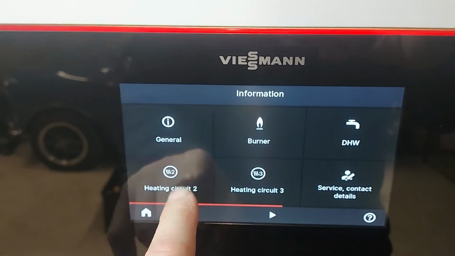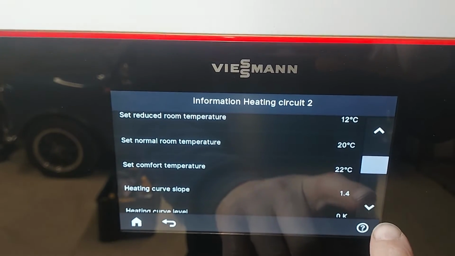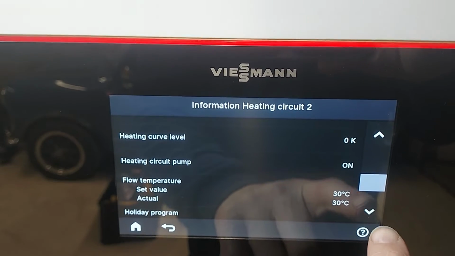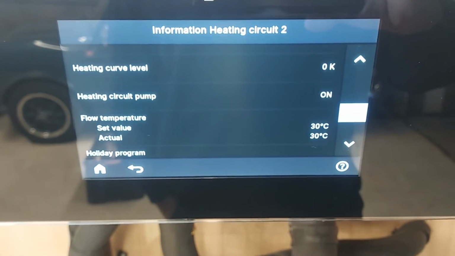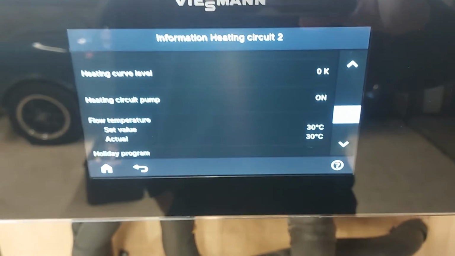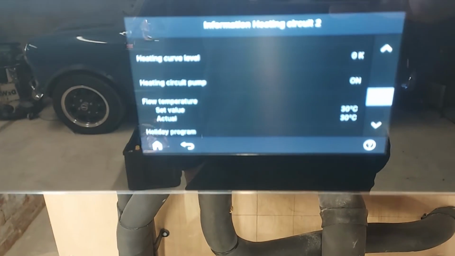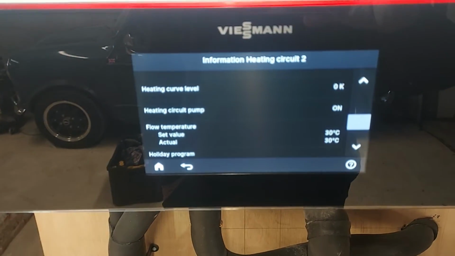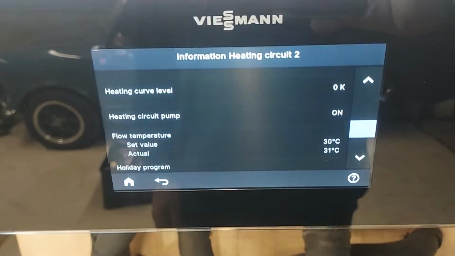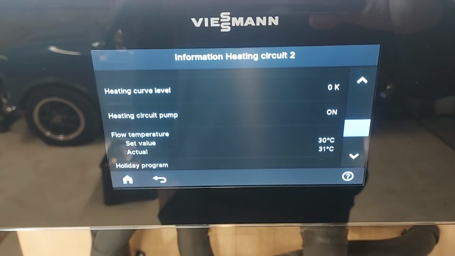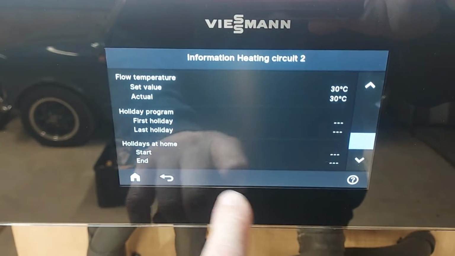Let's have a look in our heating circuit 2. Right, so that circuit wants a flow temperature of 30, it's receiving 30, just did a blip to 31 there, so that tells me my mixer's working quite well. The authority on it must be reasonably good because it's doing its job of mixing, although saying that, it's only a fraction cooler than the actual temperature of water in the low loss header at the moment.